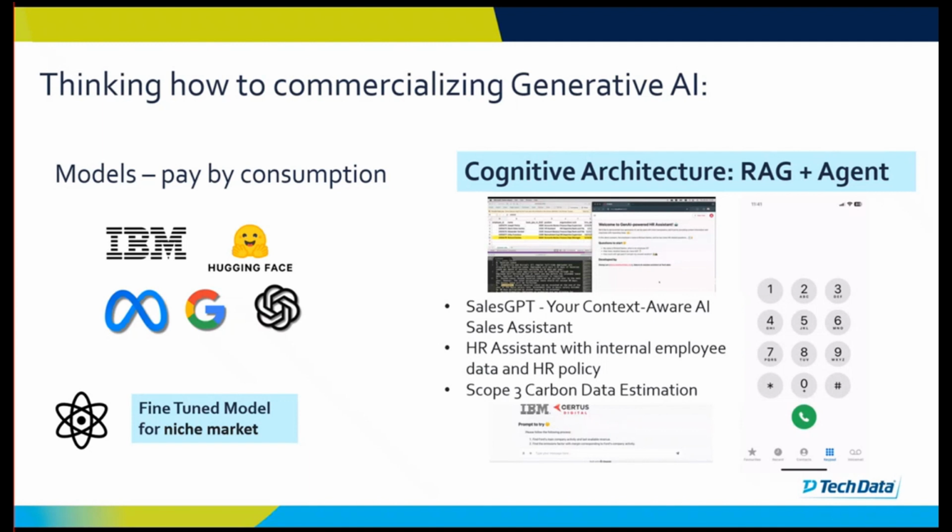What fine-tuning means is you take a large language model like Llama 2 as your foundation, then you use your own data to customize it for your specific use case. It's like compressing the knowledge of your data and adding that to this large language model. Then that fine-tuned model can be your IP, and we are supposed to get better performance from it compared to the out-of-the-box models. So that can be an angle for small and medium business to fine-tune their model.